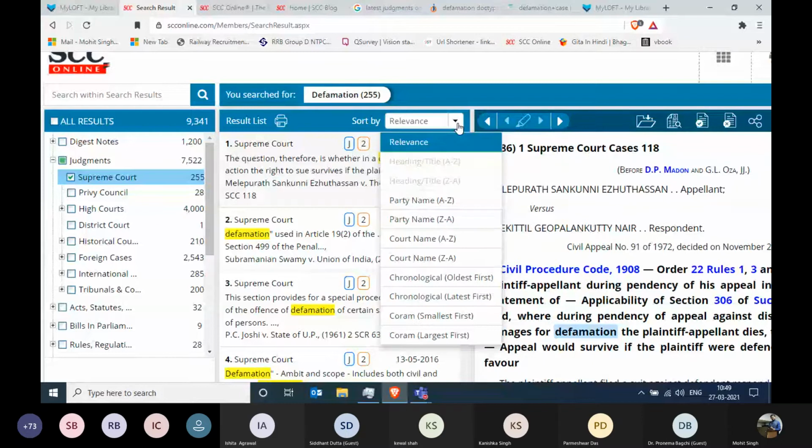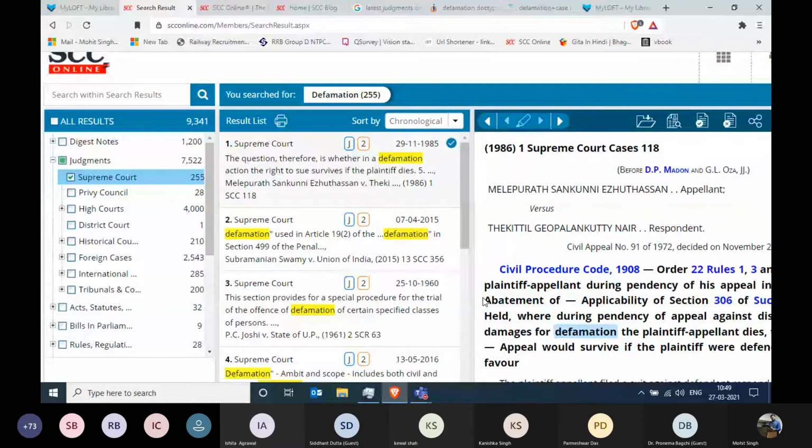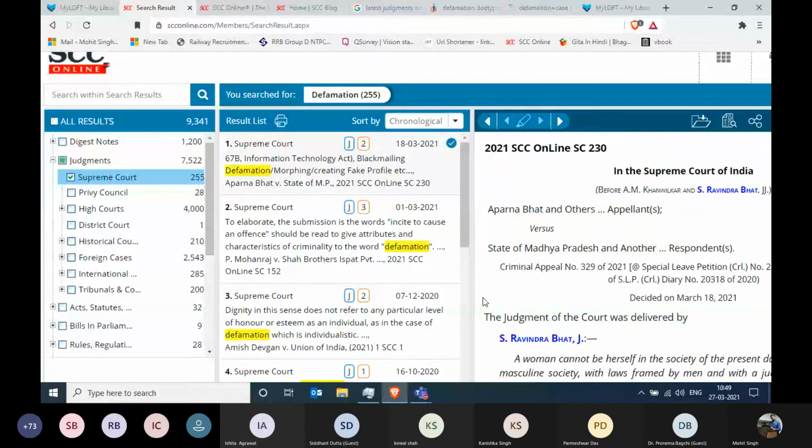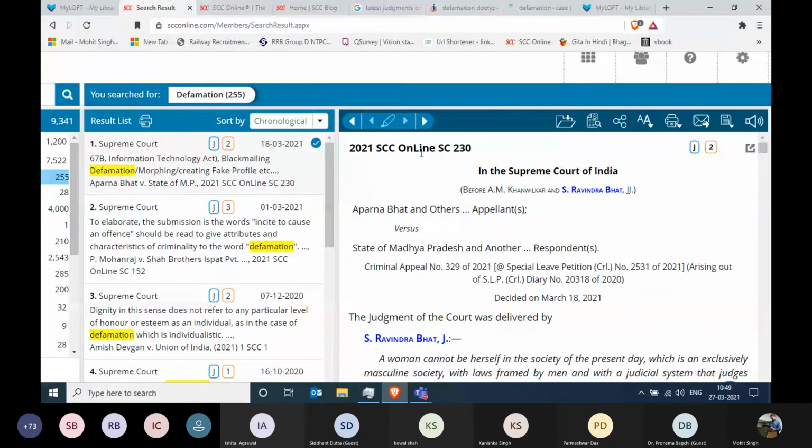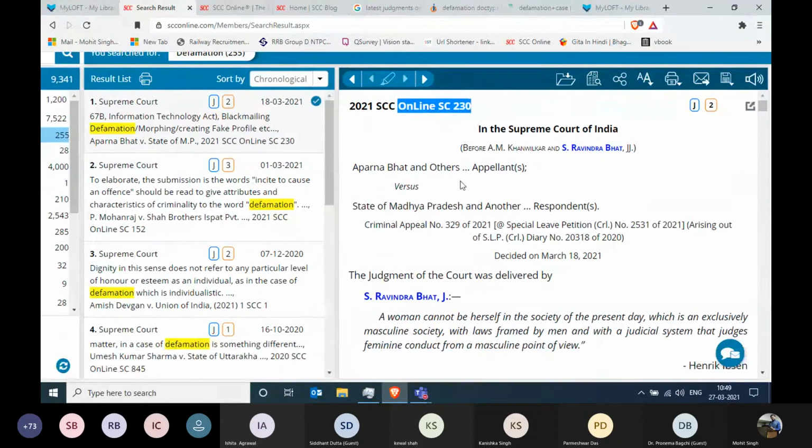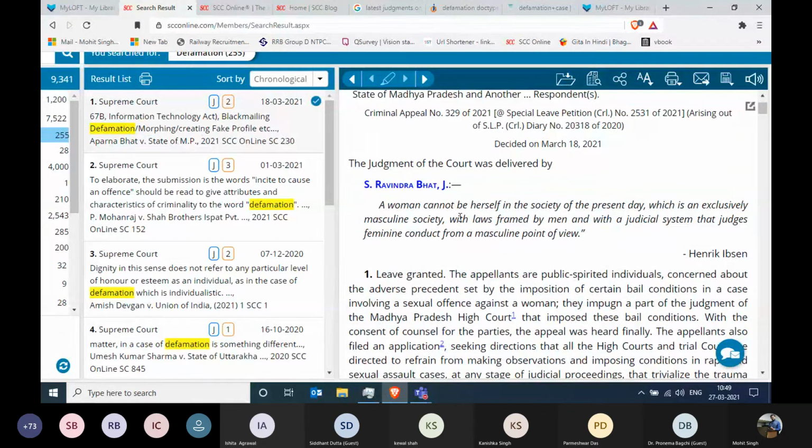So you click on the relevance button over here and you can sort the data as per the latest or the oldest first. I click on the latest first and I believe it is going to give me the latest case on defamation. It is coming from 18th of this month, 2021. And there you go. This is an online citation because this has not been printed in our books yet. The good part is whenever you see an online citation coming from SCC, there is no head note. There is no case summary before the judgment starts. Why? Because we are currently working on it. And when the case summary gets printed out, it will be printed in our SCC Online journals and you're going to see the head note over here in the black portion as well.